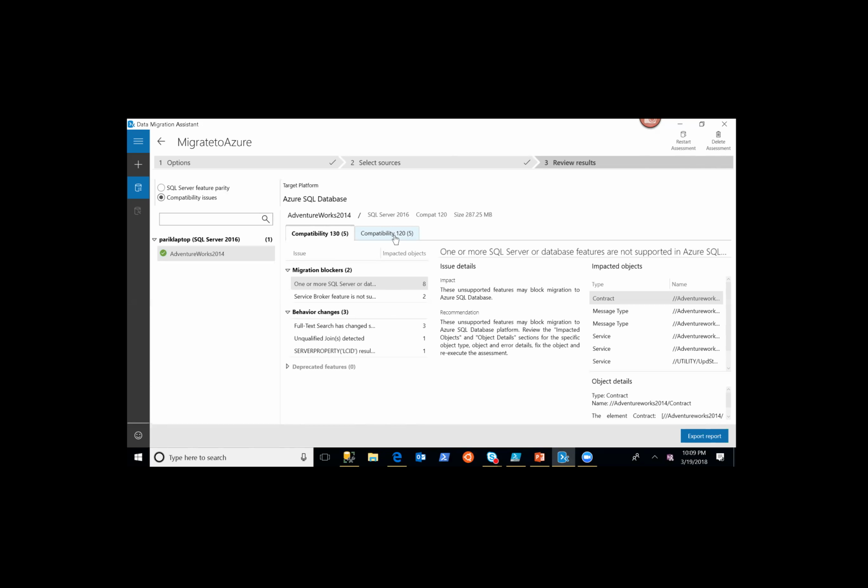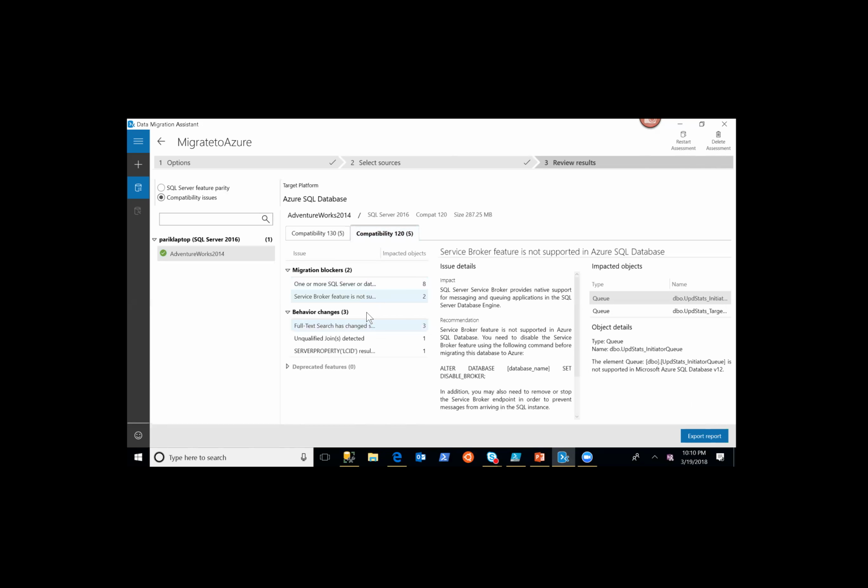But the way you would also maintain application compatibility is by ensuring that you fixate the DB compat level to which it is supported, and that is how you will maintain your compatibility with the application. So you will choose what compatibility works well, and it can be lower compatibility level as well.